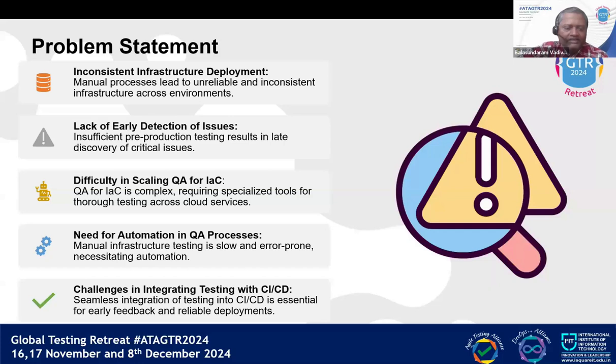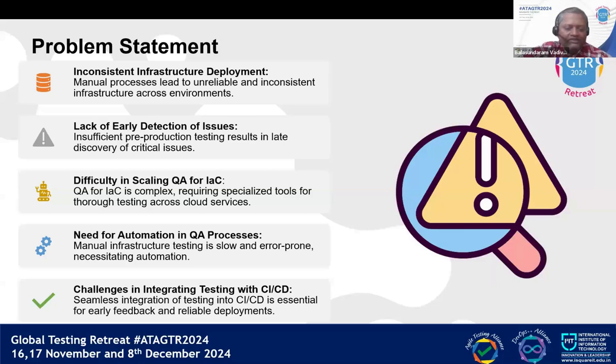And the next problem statement here is lack of early defect detection and issues. For example, since we identified the defects in the past at the latest cycle of testing, the cost of the defects will be higher. That is also another problem we usually have when we do the manual infrastructure setup. And a special skill needs to be there to develop an IaC template and deploy it. Because of that, we also have a problem within our QA, and there is a need for an automation QA process in place.